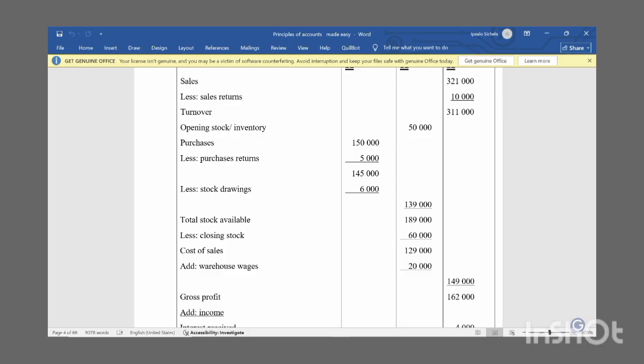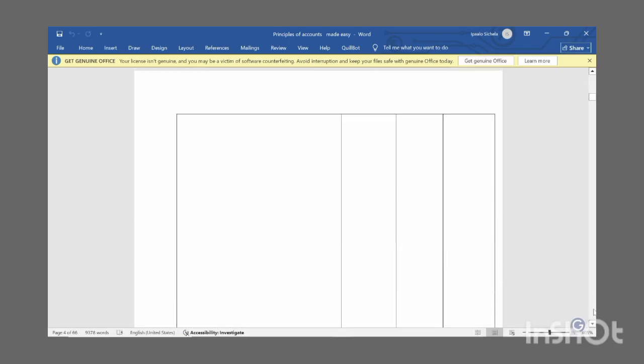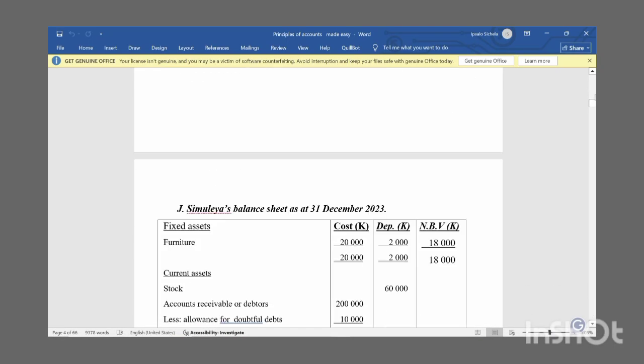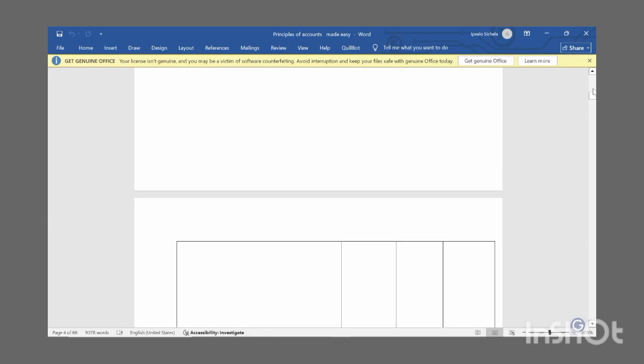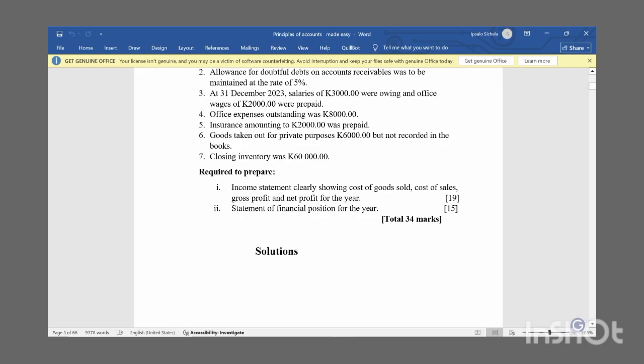So where did I get the stock drawing? Exactly. I found it under additional information, number 6, which is here. Goods taken out for private purposes, 6,000, but not recorded in the books. So goods worth 6,000 were taken out but not recorded in the books. Purchases are goods bought for resale. They are simply goods. So if goods were removed,